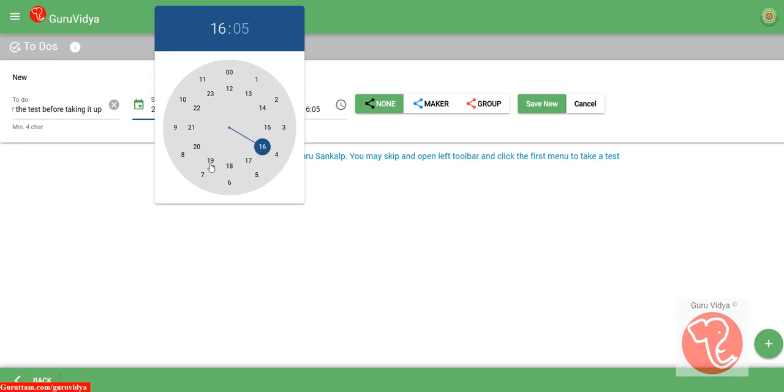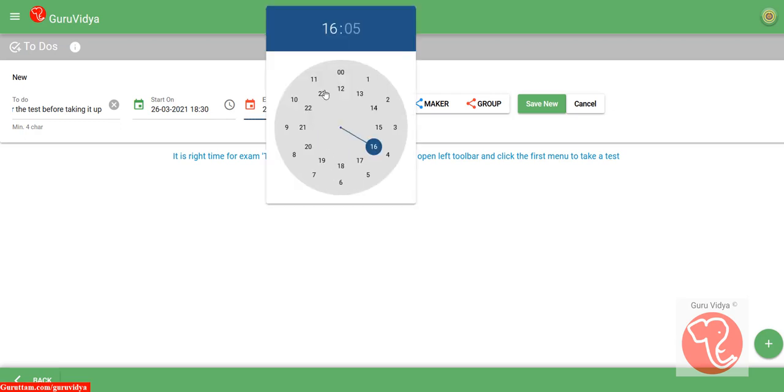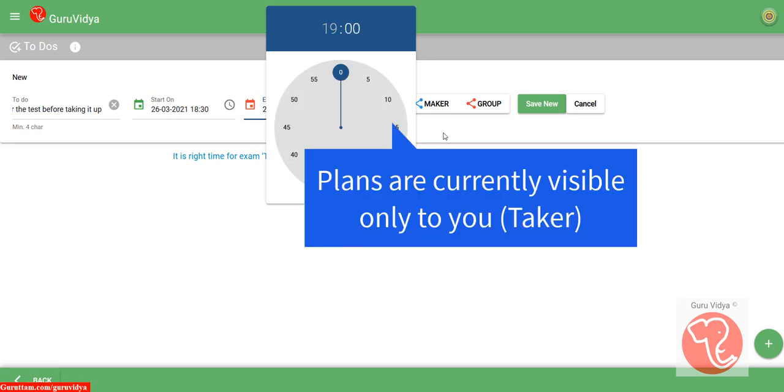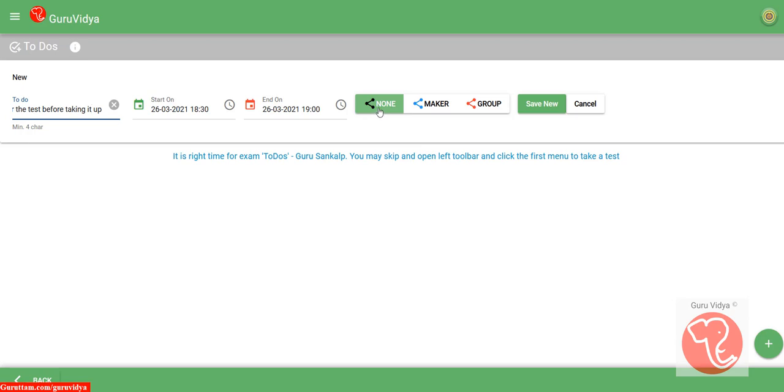Like I can pick a day, 4 o'clock, it is 18:30, and click outside. So 26th 18:30, that is tomorrow evening, and then up to say 19 hours. So you can plan for revision or preparation at 18:30 to 19 hours in the evening tomorrow, and this plan is available only to him or her as a